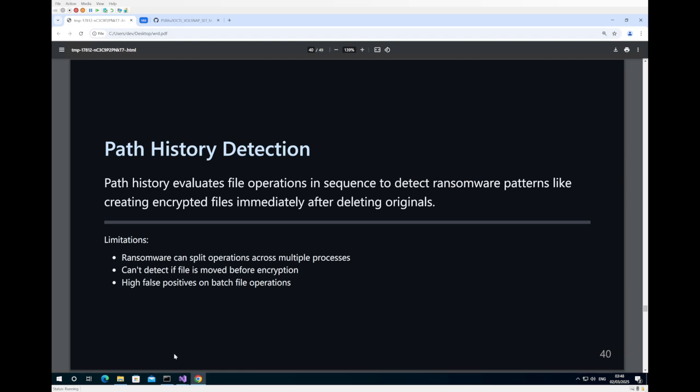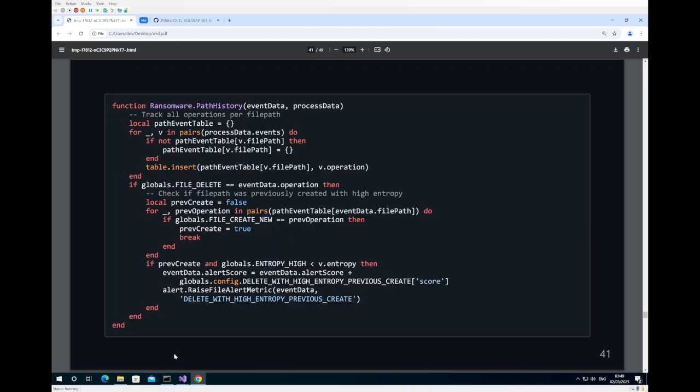But again, there are a lot of high false positives on batch operations, and it's quite hard to match all the various edge cases that may occur. It's very much a cat and mouse game, as you can probably guess. So looking at their detection, they check whether